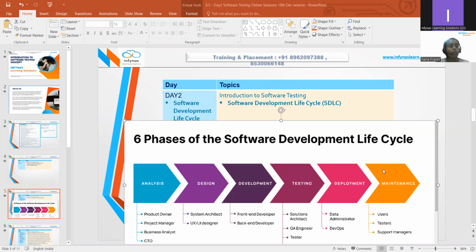ठीक है, अगर आज IRCTC पे today if I say there are 20 crores users using IRCTC, then imagine the maintenance and support that they might require। So they would have a huge team which would do the maintenance and support the people। जितना बड़ा सॉफ्टवेयर, जितने ज्यादा यूजर्स रहेंगे उस एप्लीकेशन के लिए, द मेंटेनेंस एंड द सपोर्ट विल बी ह्यूज, will be huge। So these are the 6 phases of the software development life cycle।